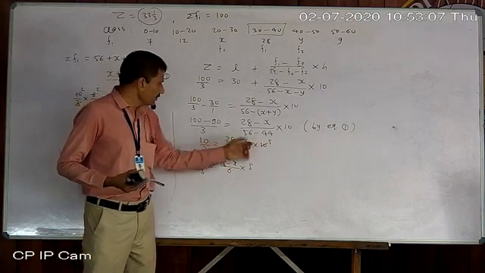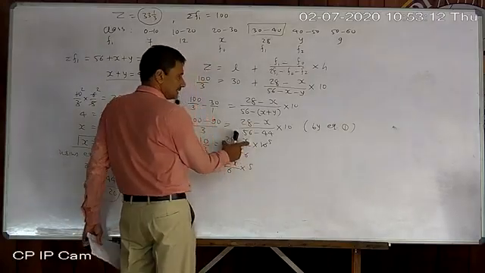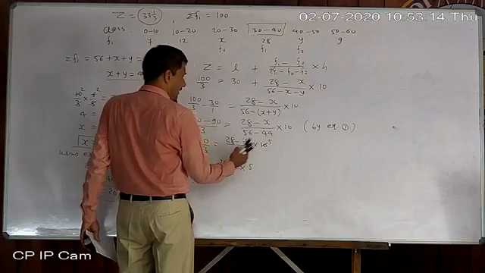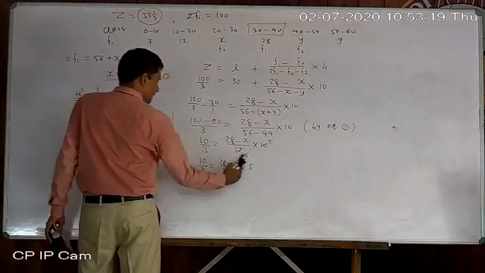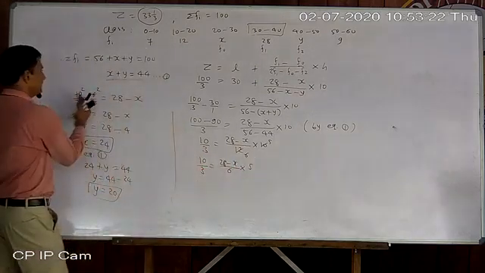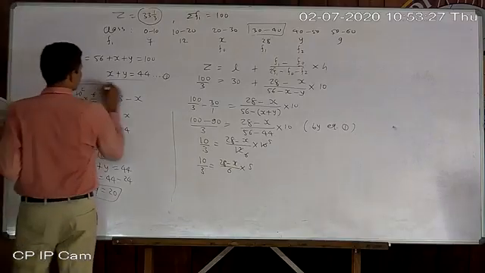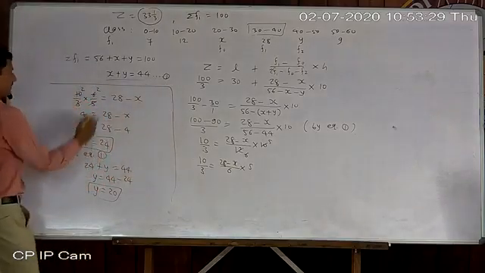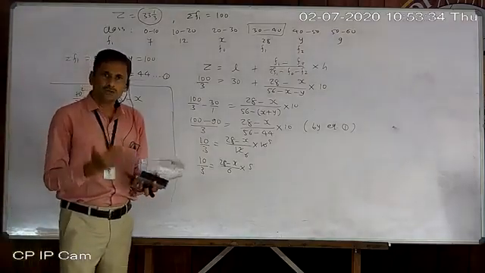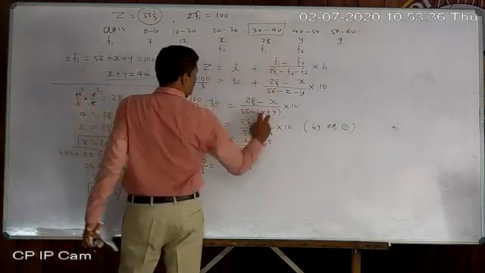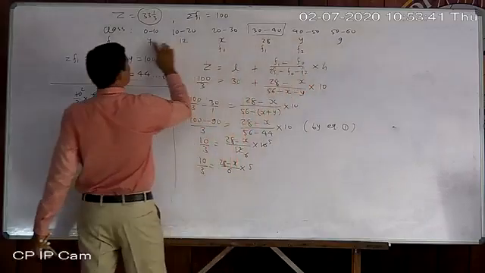Now, if you consider this bracket as a single one, then 10 and 12 can be cancelled by 2. So now 5 and 6 are both shifted here, and after shifting, whatever cancellation is possible was done, and x was found, and using equation number 1, the second one also. But this type of question does not always arise. Sometimes another frequency may be given here, here or here also.